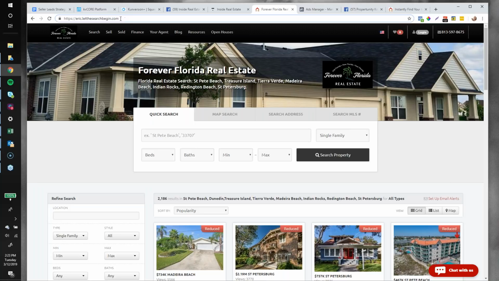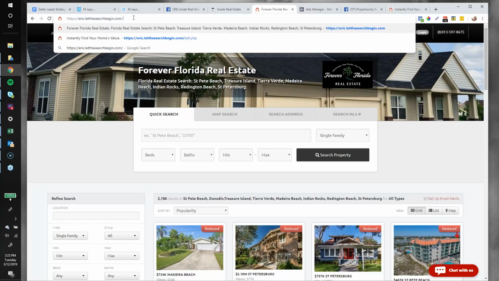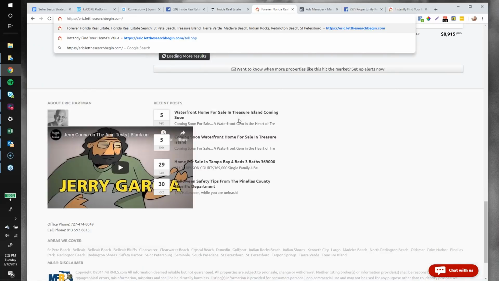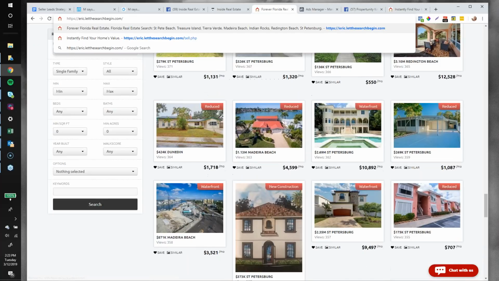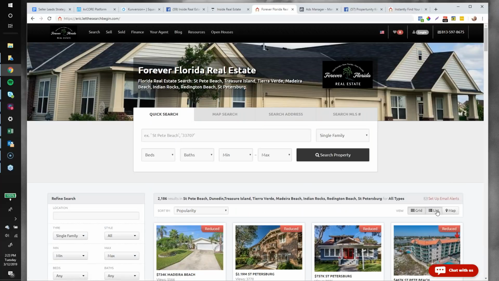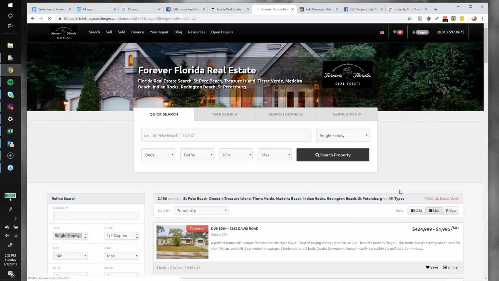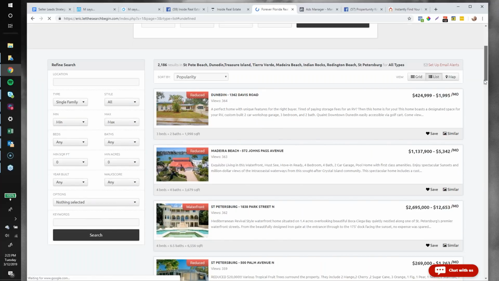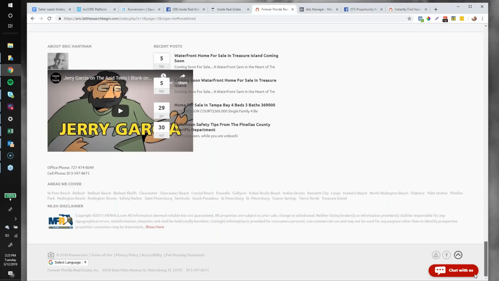Okay, so this local market conditions approach, I don't know that a lot of people know. If you scroll down to the bottom of your website, I'm on grid view here, so I need to change it to list. If you're on grid view, it might scroll forever. So I'm changing it to list. And if you go to the bottom, I think we talked about this last week, and you go to these areas we cover and you click on one of them,